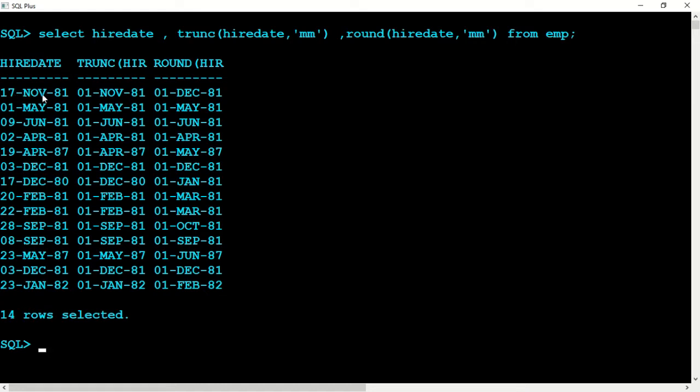The date will be the first of that month. For example, 17th November will convert into first day of November. 9th June will be converted to 1st June. The first of that month. 2nd April will be 1st April, 19th April will become 1st April. It gives you the first day of whatever month is given.